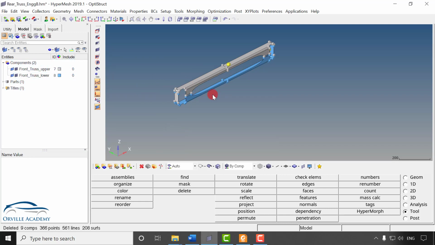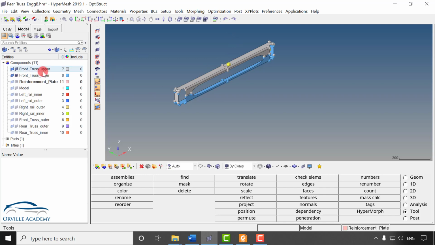But here I have forgotten to add the reinforcement plate. So let's say undo. Let me switch on the reinforcement plate also and let me delete the rest of the things.